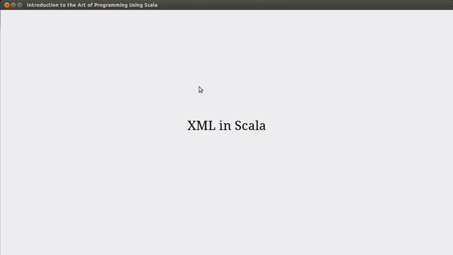In the last few videos we looked at the nature of XML as a file format, and in this lecture and the ones after it we're going to start looking at how we can utilize XML in our Scala programs. It turns out that part of the reason why I can cover Scala in the first half of a CS1 class is because Scala makes XML so easy. You have XML libraries in languages like Java and C++, but